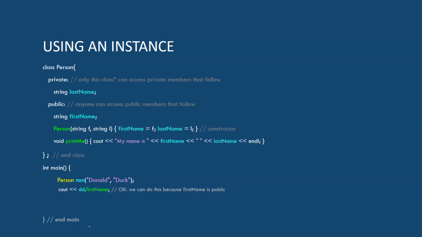So DD, sorry, that should be a typo there. Give myself a little warning. Go back and fix that. Or last name. So if this was public, we could do it, but here we have that private one. So that's going to generate an error for us. Okay. So just really demonstrating how that works. And of course, we can call our print me method and we don't put the DD in the parentheses, right? Because it's object oriented. We're saying, oh, print me knows what it's working on. It's working on the DD. Okay. So again, those should be DD right there.